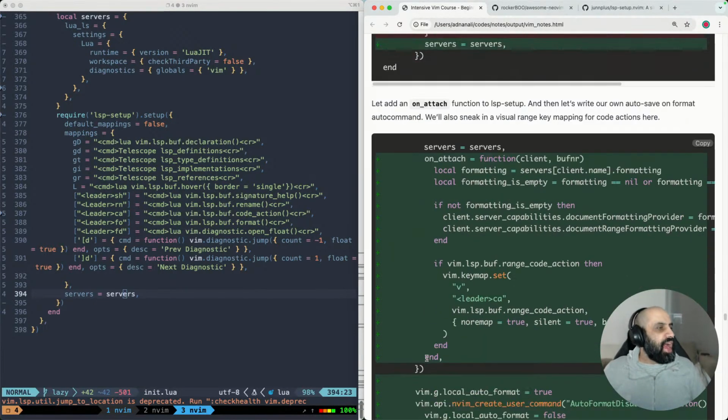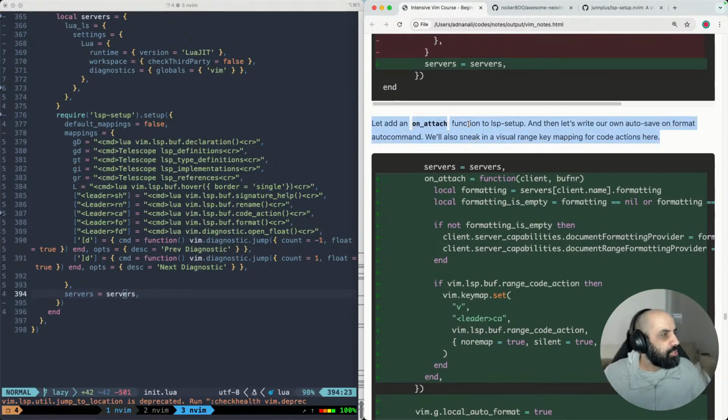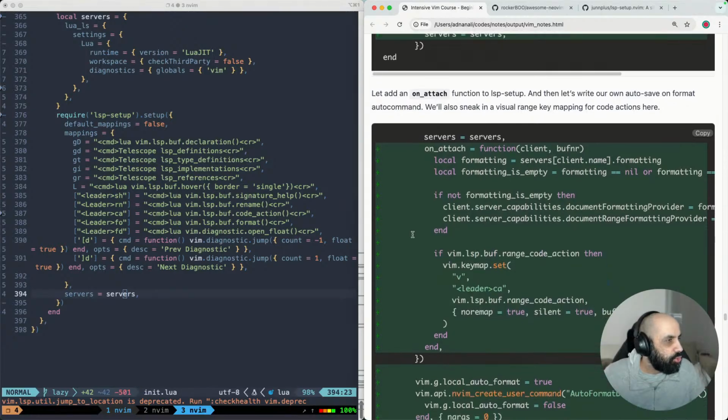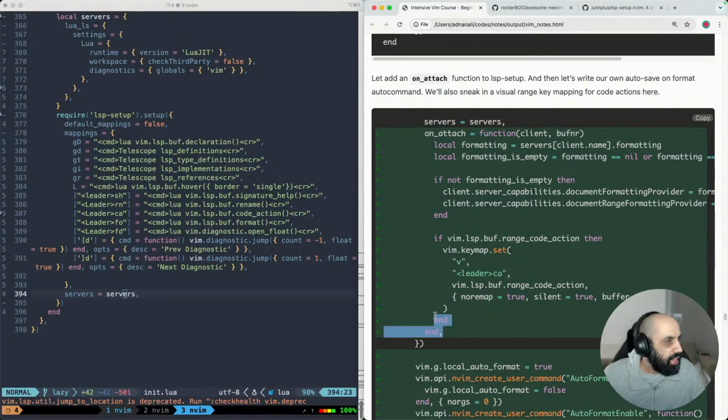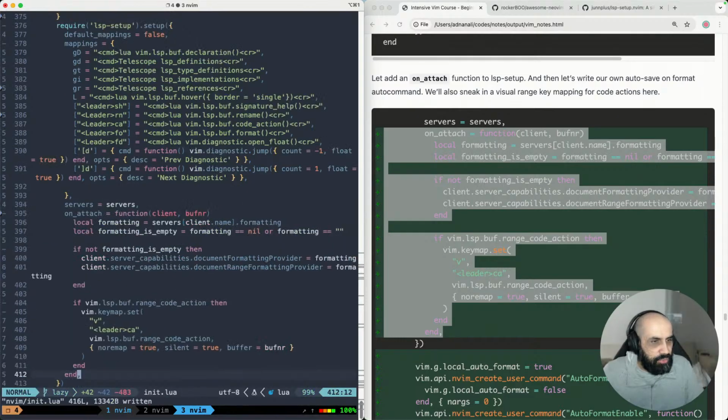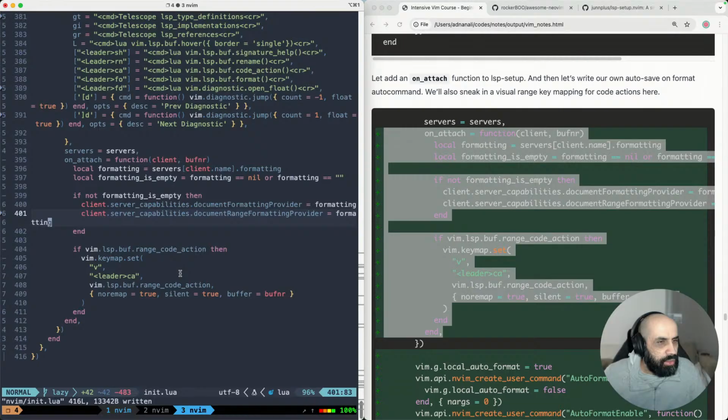Step number two is let's add an onAttach function to LSP setup and then write our own autosave on format command. We'll also sneak in a visual key range mapping for code actions here. I actually don't know if this works at all. I have not seen this work. But we'll try. So we're adding an onAttach function right under servers over here. And let's save. And what am I saying here? I'm saying if formatting is empty, if formatting is not empty,